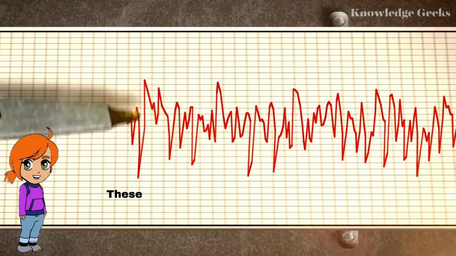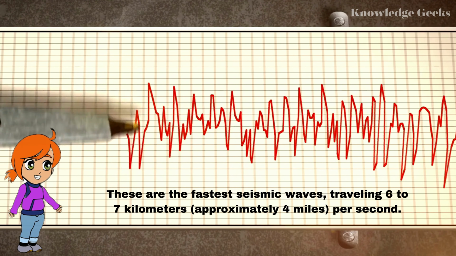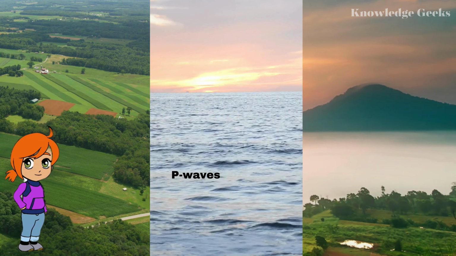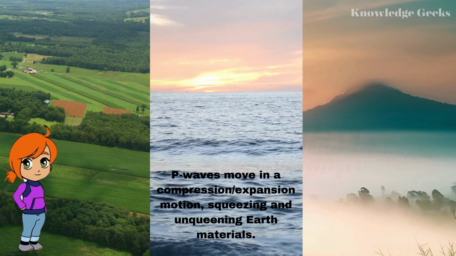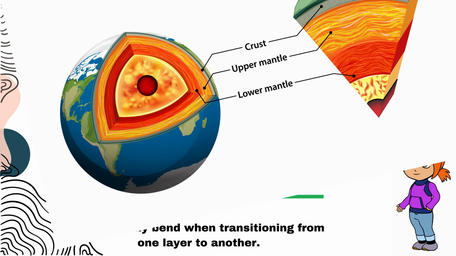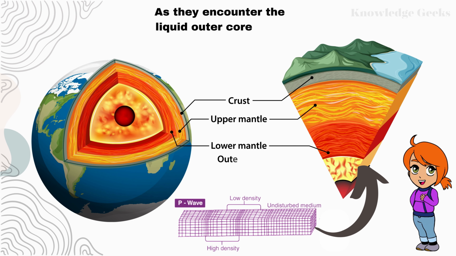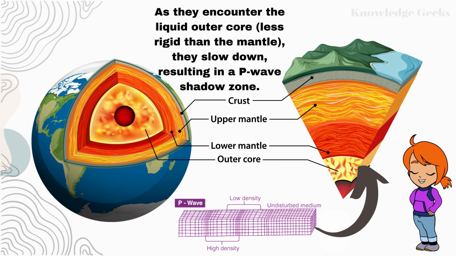P waves. These are the fastest seismic waves, traveling 6 to 7 kilometers, approximately 4 miles, per second. P waves move in a compression-expansion motion, squeezing and uncoiling Earth materials. They slightly bend when transitioning from one layer to another. As they encounter the liquid outer core, less rigid than the mantle, they slow down, resulting in a P wave